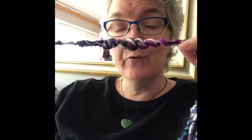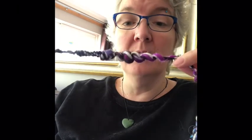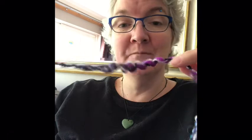So I put it back through the wheel anti-clockwise to put some more twist in it, and then when I applied it over the top of the mohair, I applied it clockwise. So this poor thing doesn't know where it's going. It's going back and forward. So there's some patches of quite dull stuff